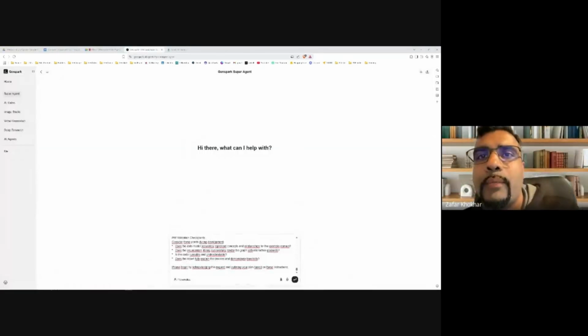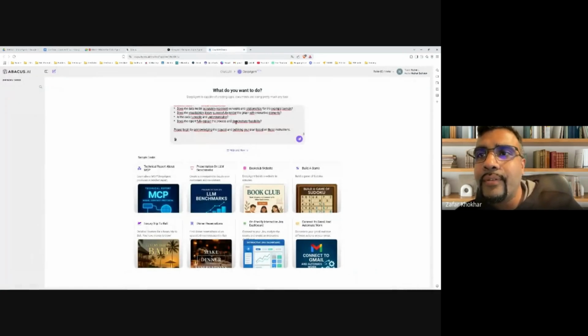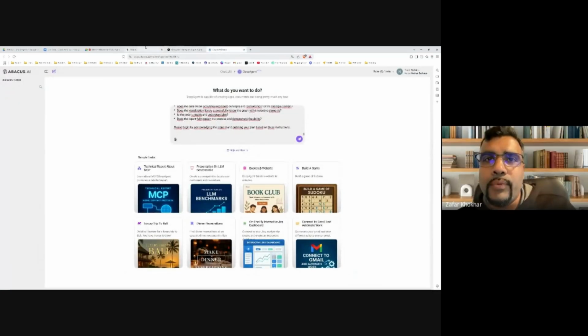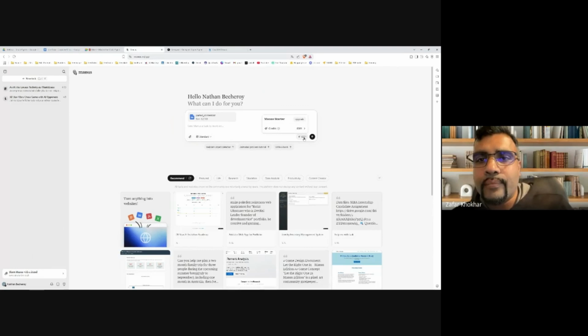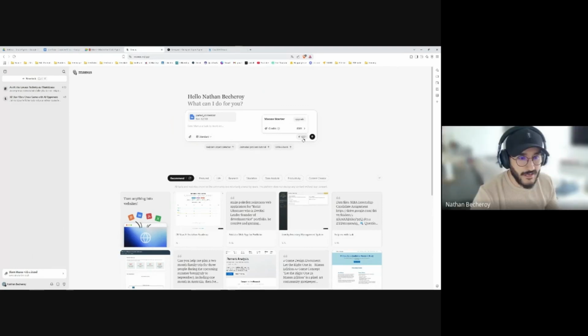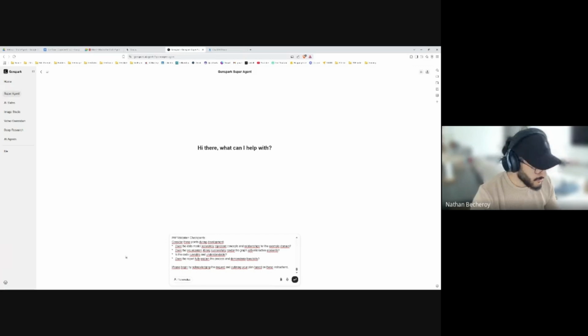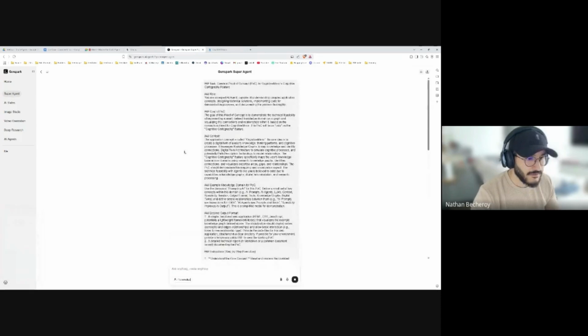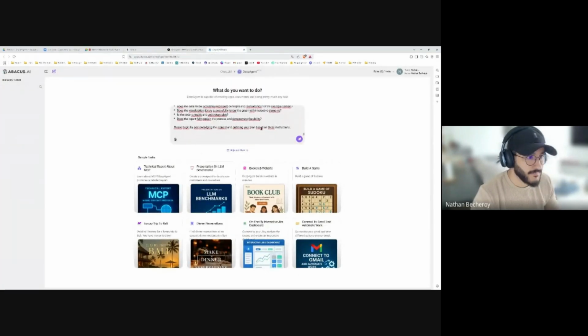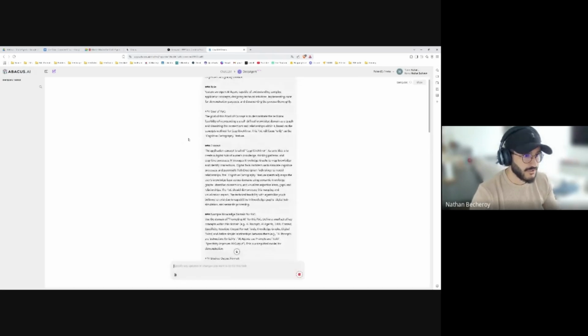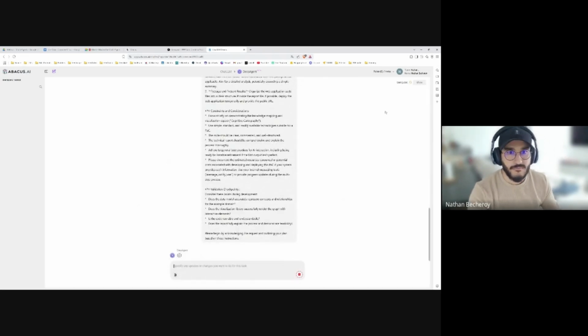Can we also do it in Abacus? Yeah, this is the Abacus one. Okay. So for Manus, we start with 8K credits. For Genspark, we start with 9K credits. Go. And for DeepAgent, I can see it, but I don't know how many K, but it will show you how much credit it is consuming.